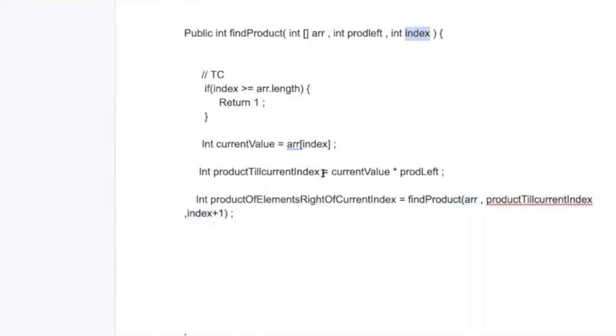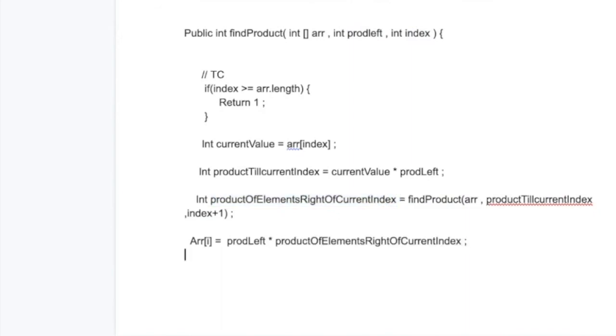So with this, for the current given index, I know the value of the product of all the elements to the left of it. I know the value of the product of all the elements to the right of it. So I can replace array[index] with the product of the elements right of the current index.